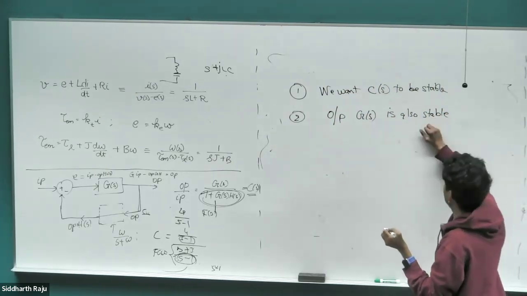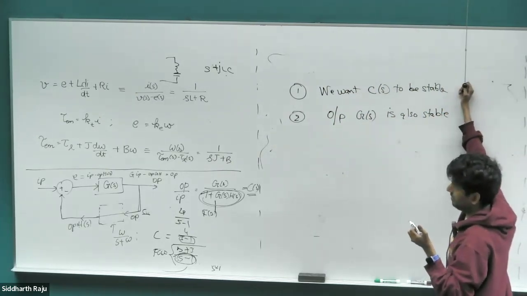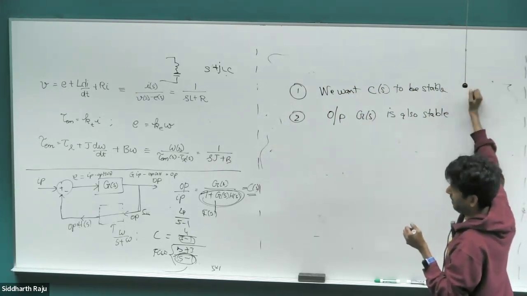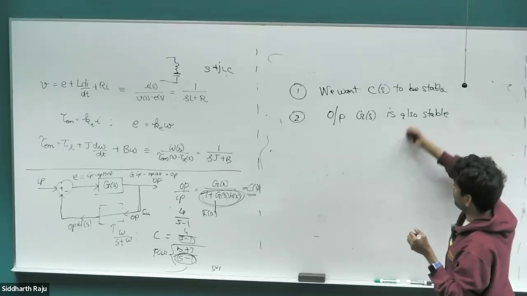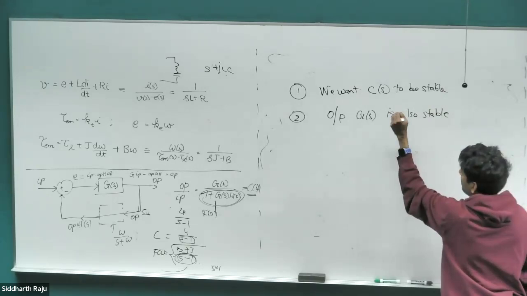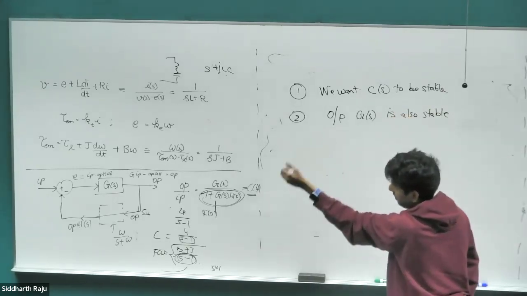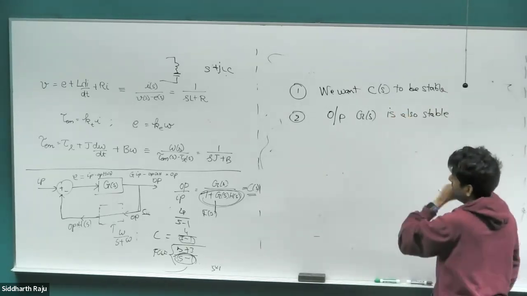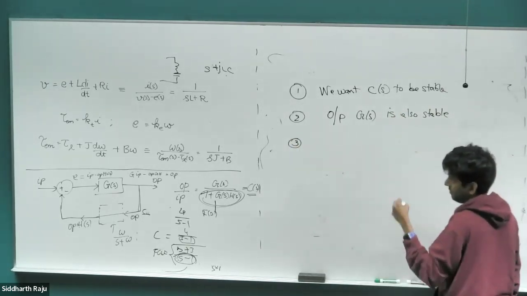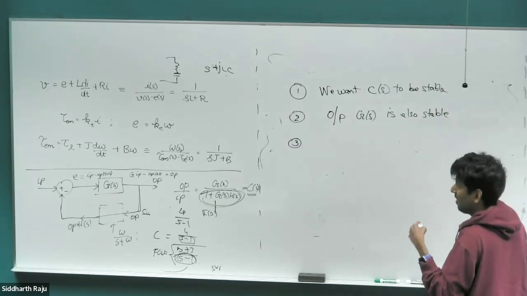This is something that is required for any system that you would design, unless you want to design a museum piece for a chaotic demonstration or something. But otherwise, for any practical system, you would want it to be stable. And this is required. Happens to be so for all the motor cases that we have, that our open loop system is perfectly stable. The third constraint is again something that happens for motor control systems and for most real world systems,